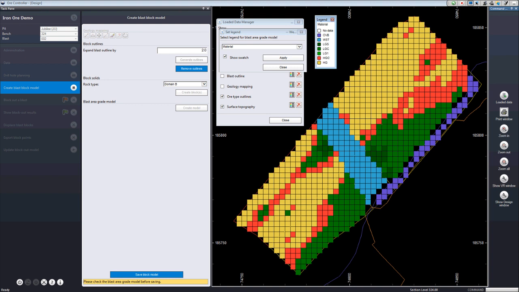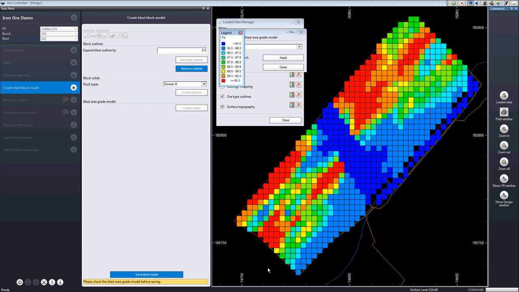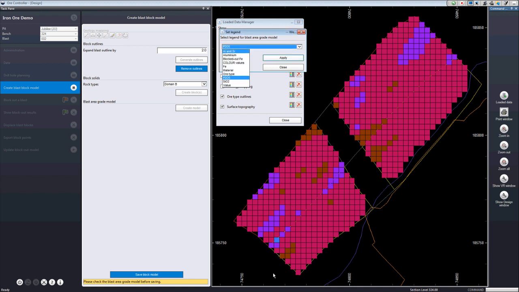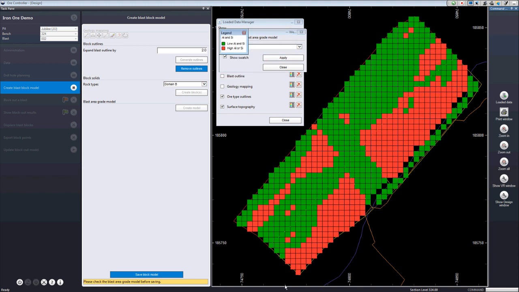But of course, I can show the variations in iron ore grade, or I can show various contaminations such as phosphorus, or indeed a combination of aluminium and silicon together. In fact, anything you can define using a legend in the studio system can be applied here.